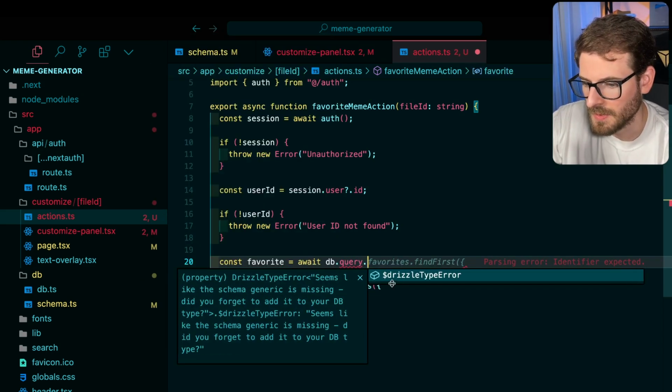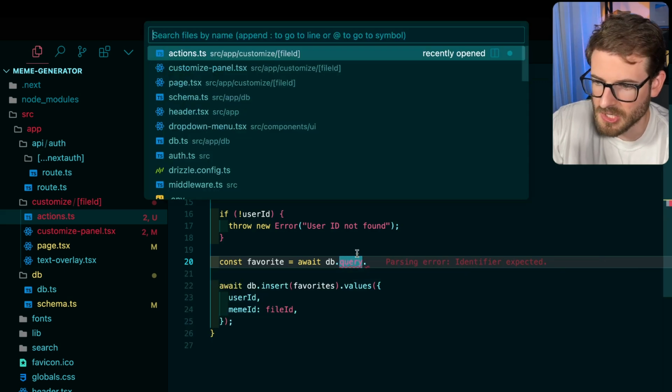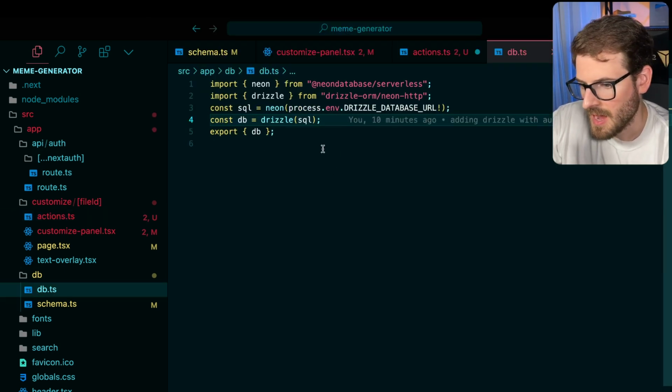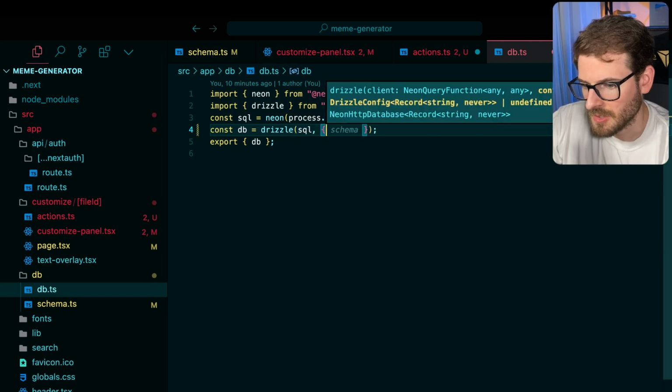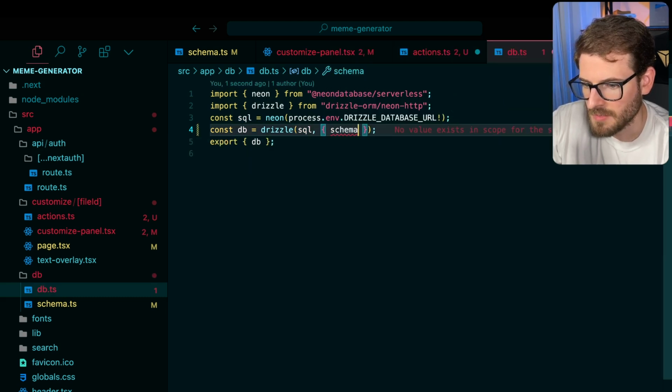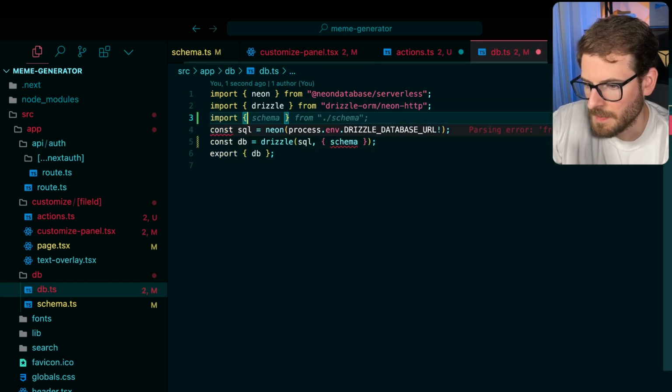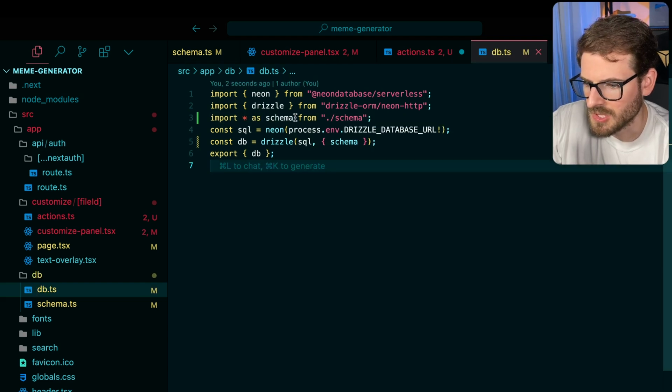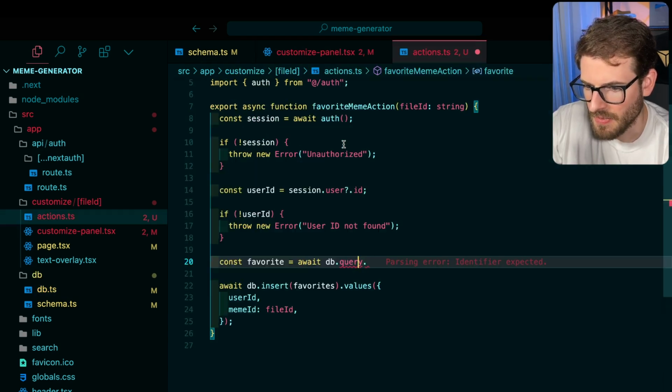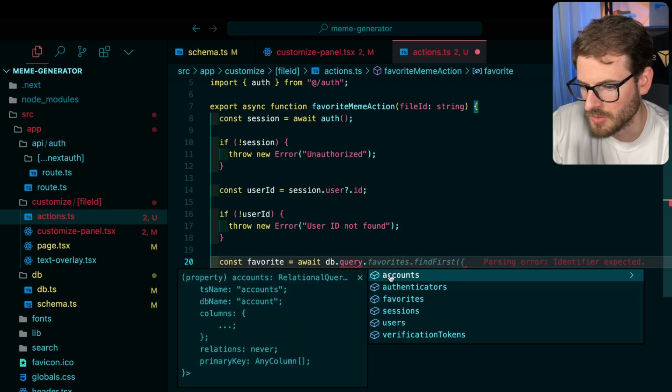db.query. Oh, and we don't have this set up with the schema. So let's actually go back to our DB object. And I think it's missing the schema. So you can actually import a schema object like this. So you can get some type safety, and we'll say import schema from that schema folder. I think we can actually say import star as schema from this and pass it. And then you have access to all the tables when you do a .query, and we want to get the